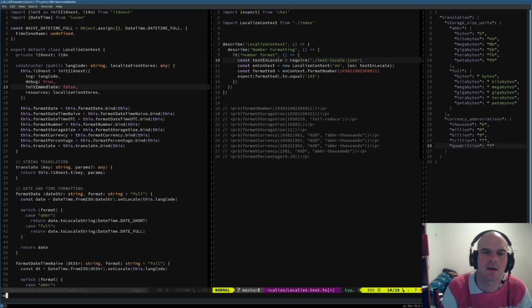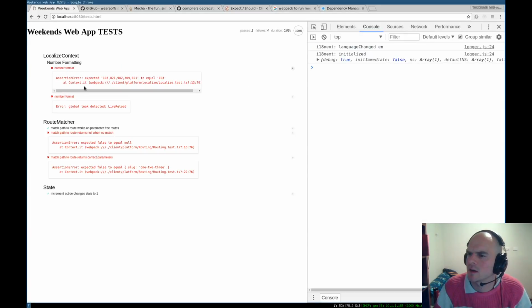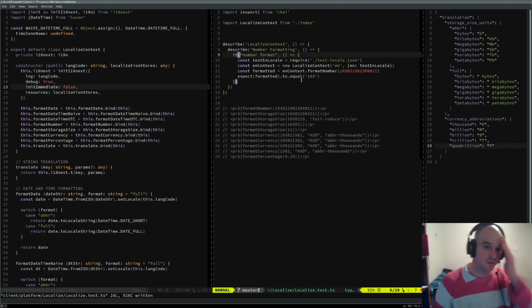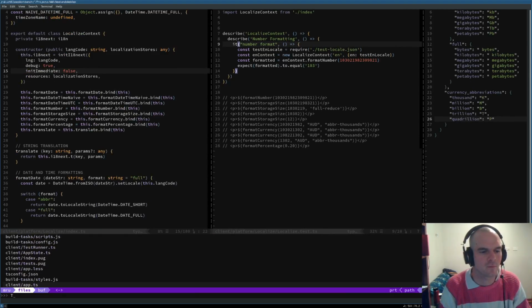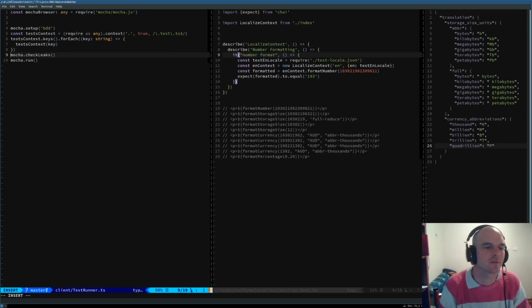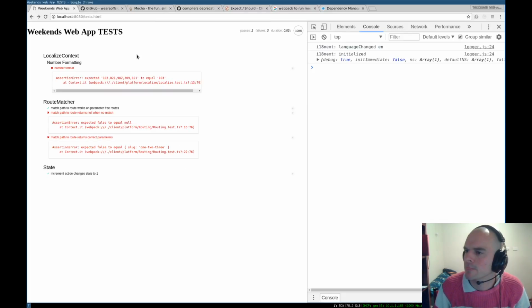All right, now we're cooking with gas. So we've got ourselves a start. We've got our number format, and it doesn't know what it's trying to do, and that's all cool. We'll turn off check leaks because that wasn't actually what was causing the problem. It was just my stupidity. Trucking along.